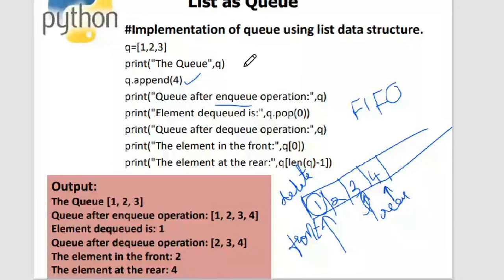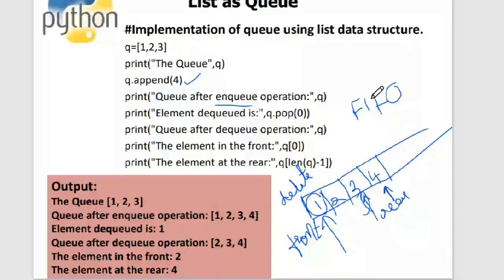Now to delete the element from the queue, I cannot simply use pop, because pop will delete the element at the end if no arguments are mentioned. According to the queue strategy, the first element needs to be deleted. That is the principle of the queue. So I am giving a 0 over here because the index of the list starts with 0, and the first element will be at the 0th index.